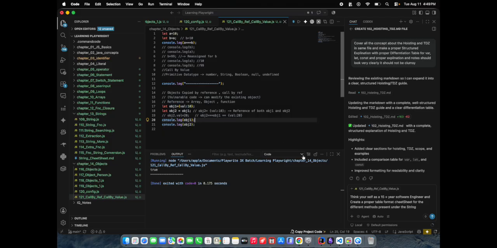In the initial state before updating, both objects are referring to val 10. If I now update the val of object2, then both objects' values will change to 20. So this is the difference between call by value and call by reference. Call by value is only for primitive data types, and call by reference is for arrays, objects and functions. This is the major difference between call by reference and call by value. Hope you guys understood this one.